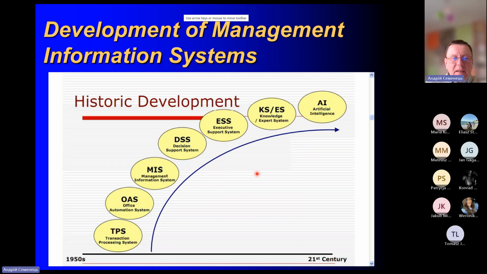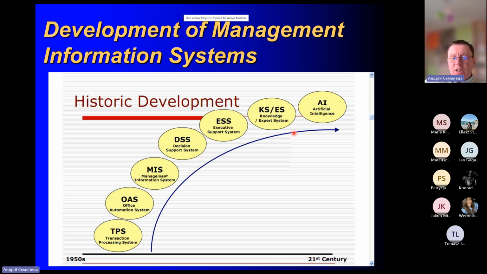Okay, and if we take a look at the general history, we can start again. As usual, we started with TPS systems at the end of the 50s, beginning of the 60s. Then the next steps moved towards information management, with office automation and automation of some office routine operations. Then the DSS systems started to be developed at the executive level. At the end of the 20th century, it was the time when many knowledge management systems and expert systems were developed and